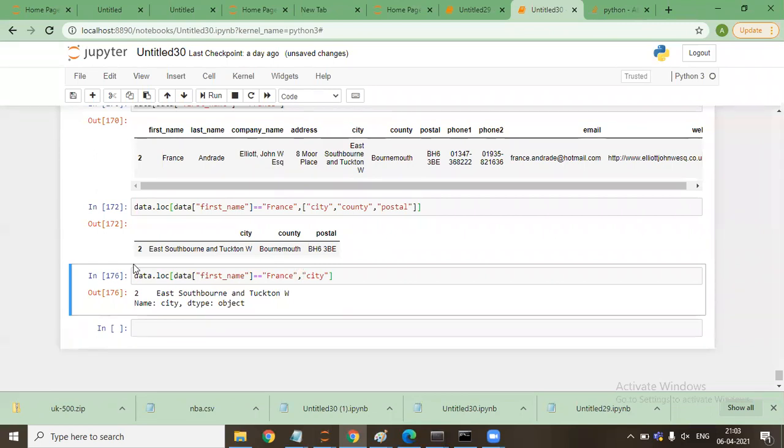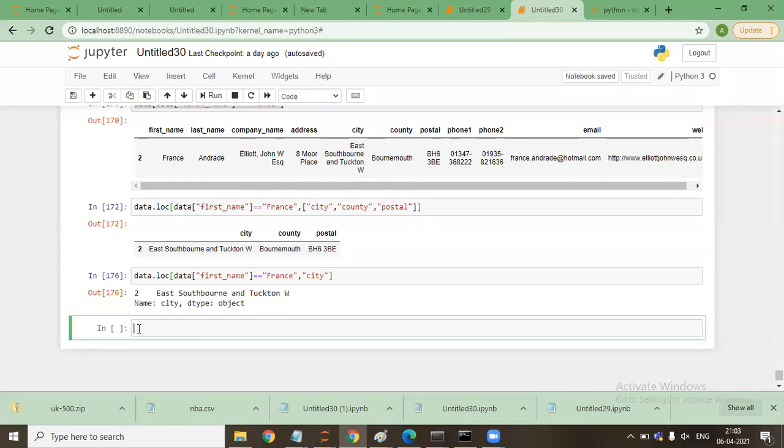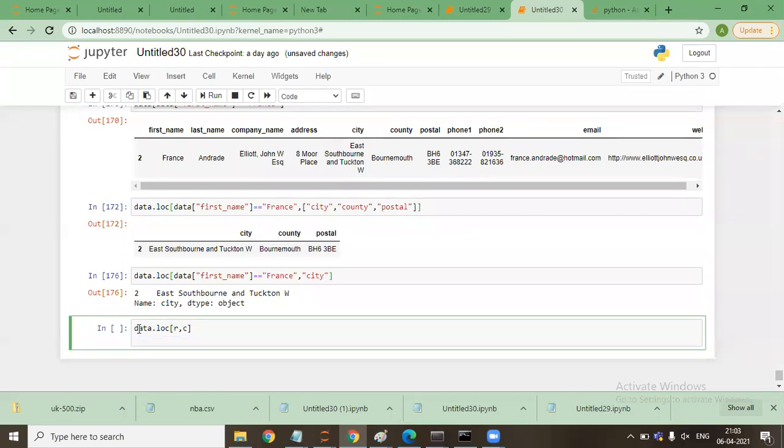If I need to specify, I need to specify loc. So the thing that we will discuss is data dot loc, r comma c is a format. But when I say data comma data, say any column, any value, anything, then this anything is column only.